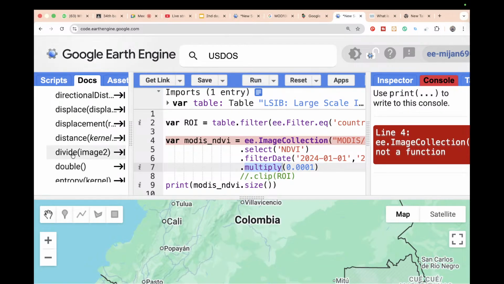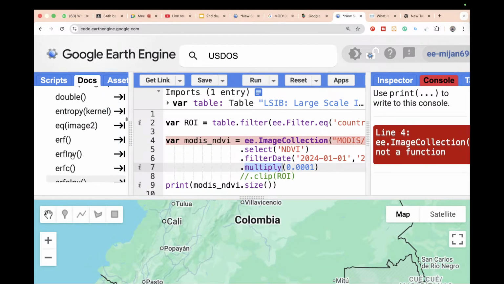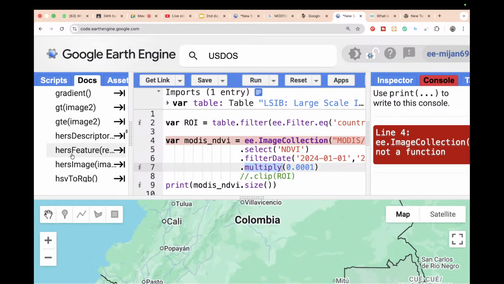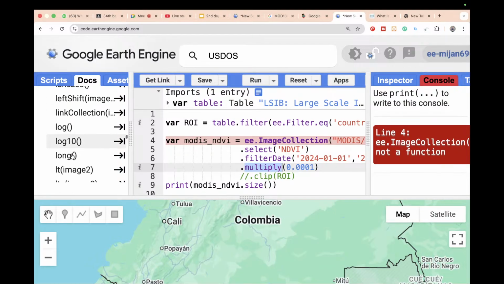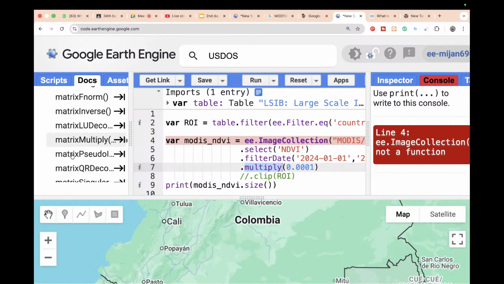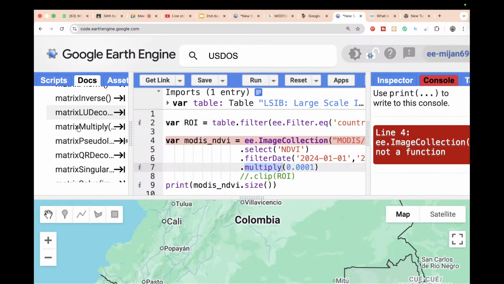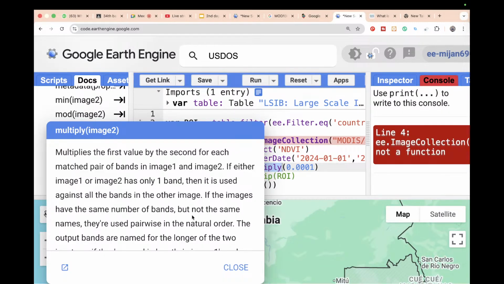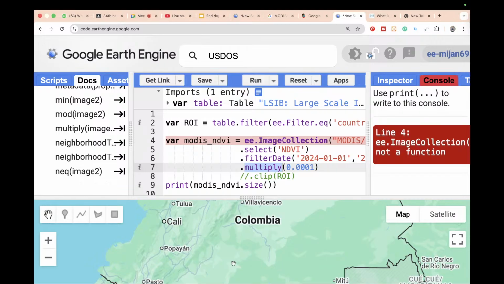Again, the divide function. Okay, equal function, first image. Where is the multiply? Less than equal, matrix, max function, mean, mode, multiply. Okay, so the multiply function only works for the image data type, but now